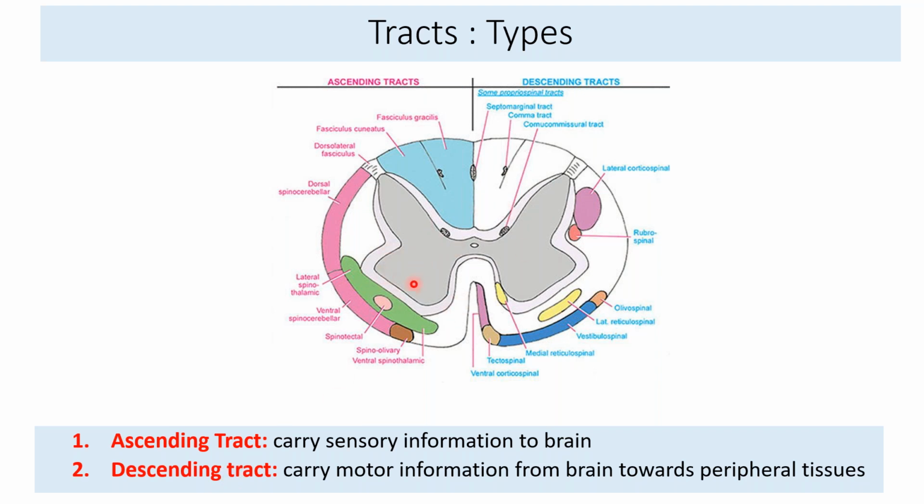So this is a quite familiar picture from your previous class, and you can see on one half the ascending tracts, and on the other half the descending tracts. Both ascending and descending tracts are present on both sides, but for the sake of simplifying the representation, we have divided it into ascending and descending. This is the particular diagram that you should be able to draw as well when you are asked to draw the tracts in the spinal cord, its location.